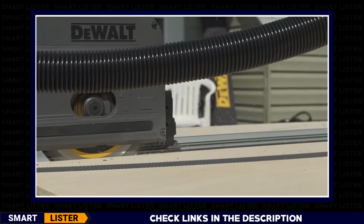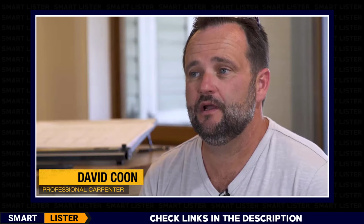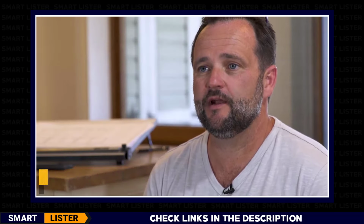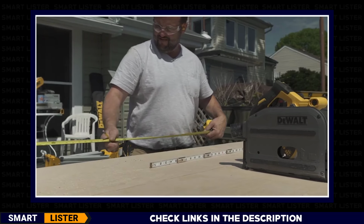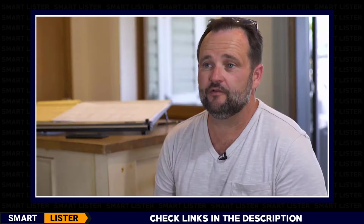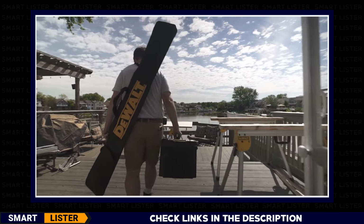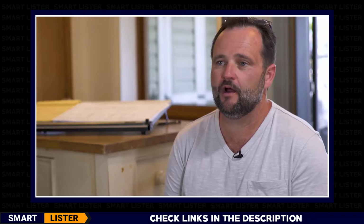Hi, my name is Dave. I'm a professional carpenter. I've been a carpenter for over 36 years. Anything in the high-end carpentry area, that's kind of what I do for work. I'm looking for a consistent, stable platform in order to continually get the same cuts that I get over and over again. This track saw gives me the high-end capabilities of any of the other high-end track saws